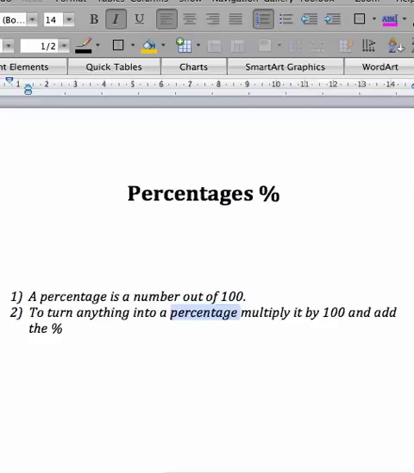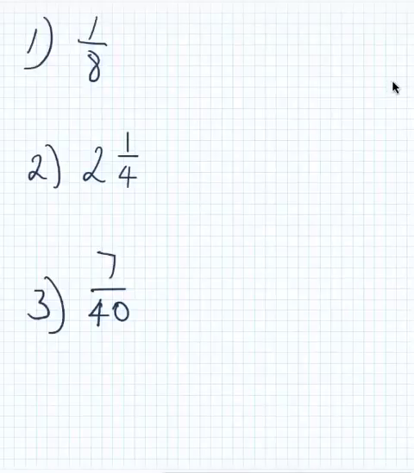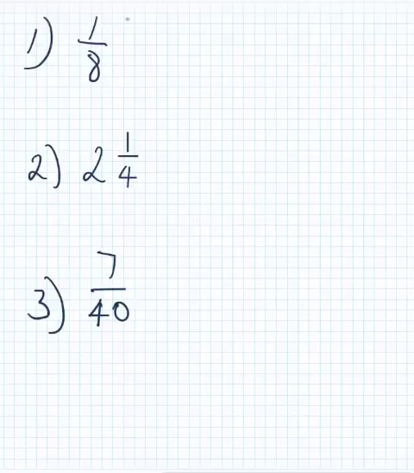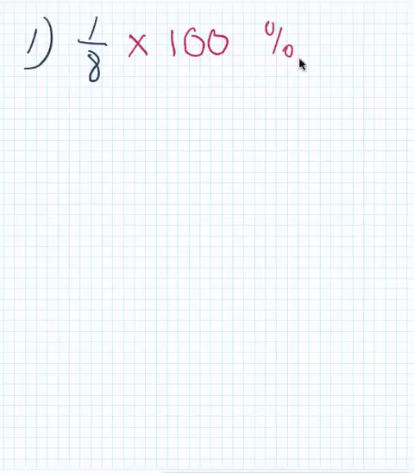So let's just try a few questions just to warm up. Have a go at these questions first and see how you go. Now, with the first one, we've got 1/8. So all we're going to do is follow that rule, times it by 100, and don't forget to add the percentage symbol. I'll just rub off these questions and rewrite them later. So I can just leave this to the end, but just make sure you don't forget to put it in